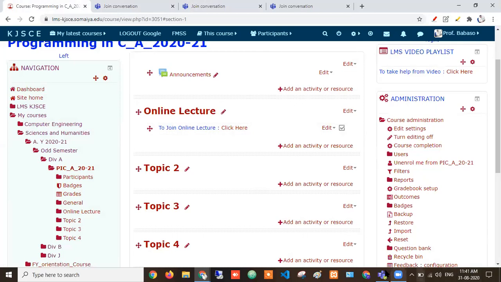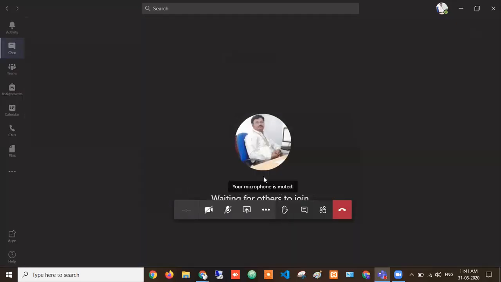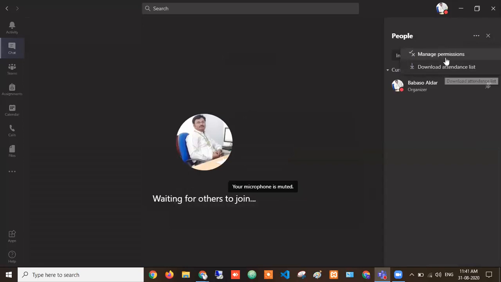When you join this session, for example, we have already done this task earlier, but if you want to change the setting, you just click here on participants, and here you have three dots, right? While downloading attendance and manage permissions, you click manage permissions. When you click this, a new tab will open for you. Same thing that I already explained, those four options.